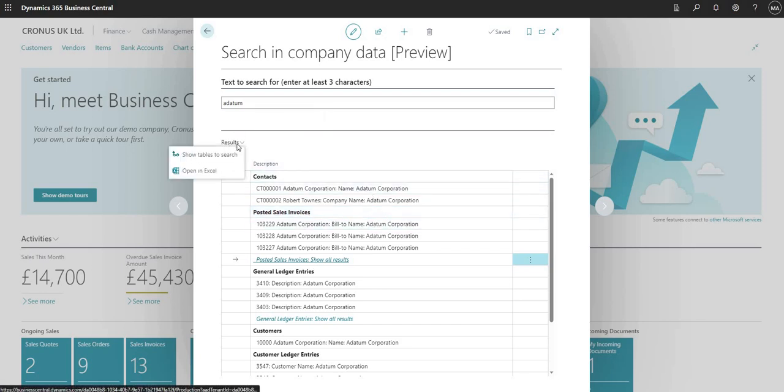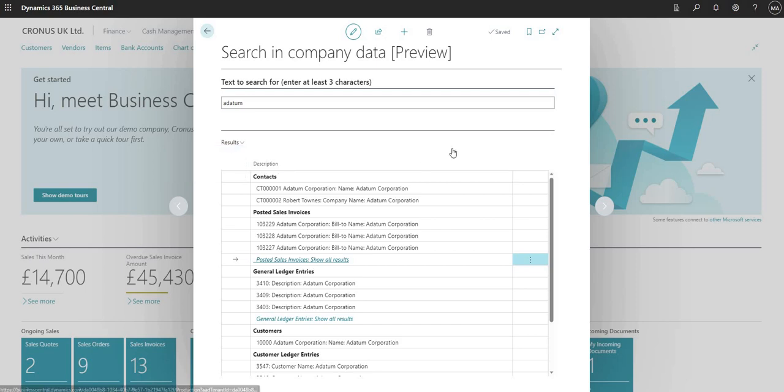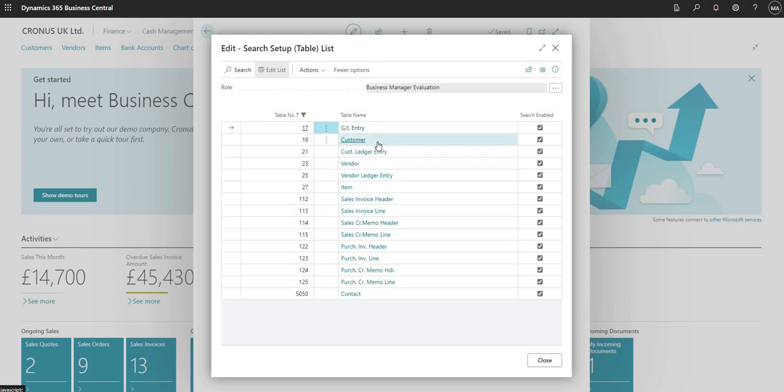But if I wanted to drill down a little bit further into some other areas, I can go into results here and click show tables to search. And what this will do is it will bring up a list of tables here where search is enabled. And as you can see, as I mentioned, it's driven by the role that we have assigned to the user